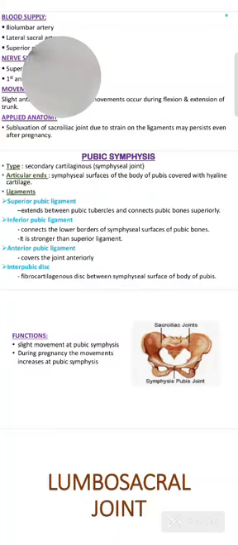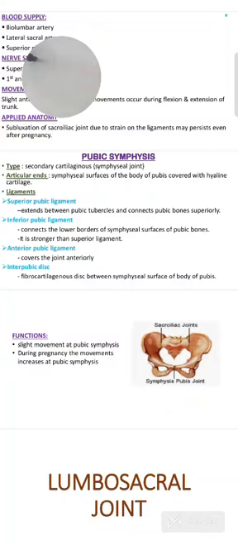The pubic symphysis type is a secondary cartilaginous joint, symphysial type. Articular ends: the symphysial surface of the body of the pubis, covered with hyaline cartilage. Now the ligaments attached to this pubic symphysis joint are the superior pubic ligament, inferior pubic ligament, anterior pubic ligament, and